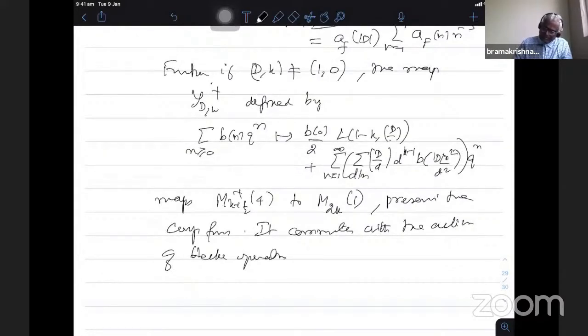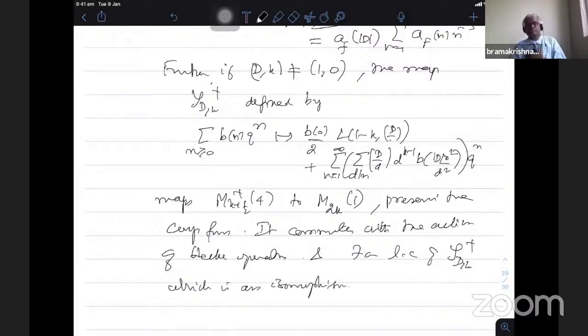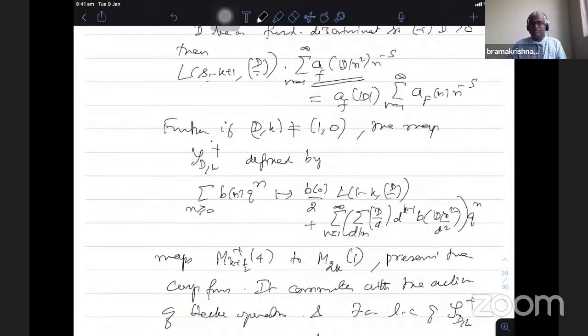And there is a linear combination of S_{d,k}^+ which is an isomorphism. So we don't get one single Shimura map which gives an isomorphism. That is because this map is non-zero only when the |d|th Fourier coefficient of f is non-zero, since the image is a multiple of a_f(|d|). So we do not know that for all Hecke eigenforms we get a uniform d for which it is non-zero. Once you get, for a basis of the full space, a uniform fundamental discriminant for which these coefficients are non-zero, then one can show that the one map is an isomorphism.